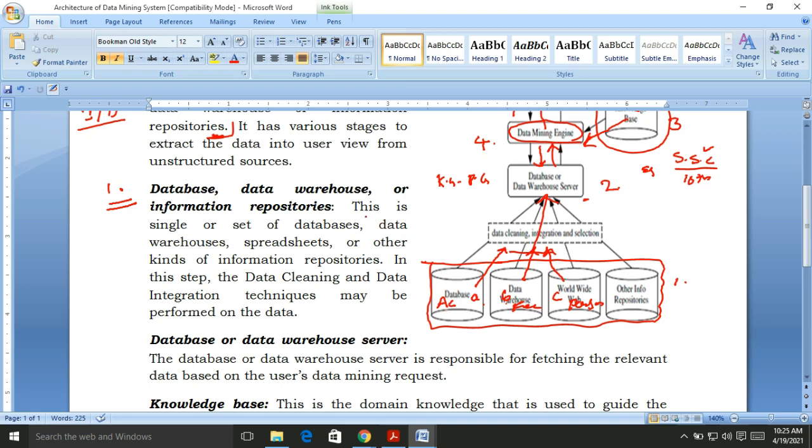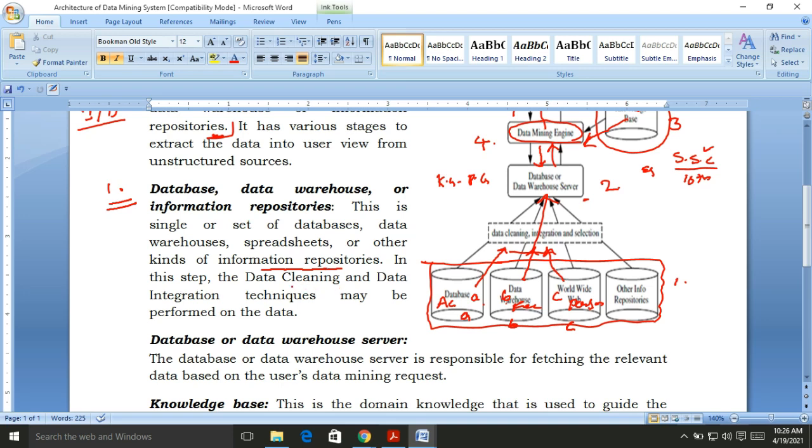This is a single set or multiple sets of databases, because the data may be scattered in different data storage areas, which may be at the same location or in different locations. Here the student information is scattered in location A, location B and location C, or device A, device B and device C, like databases, data warehouses, spreadsheets or other kinds of information repositories. So the storage devices may be different and the data formats may also be different.